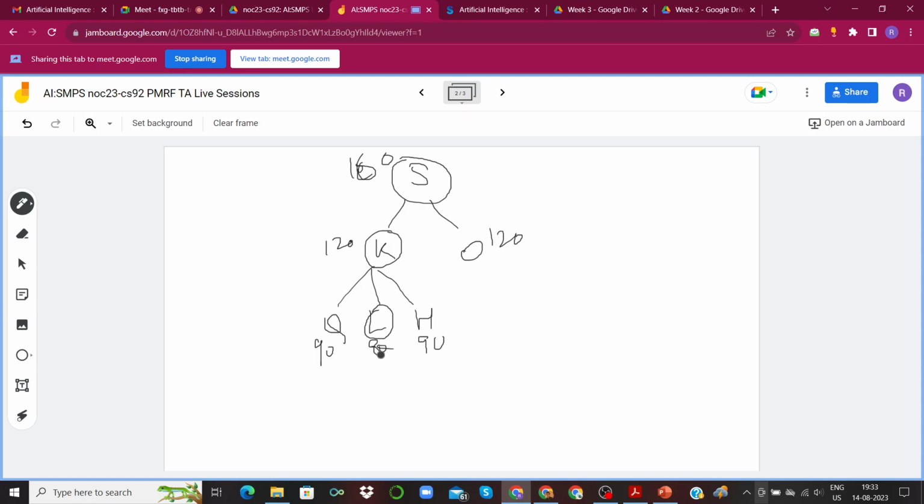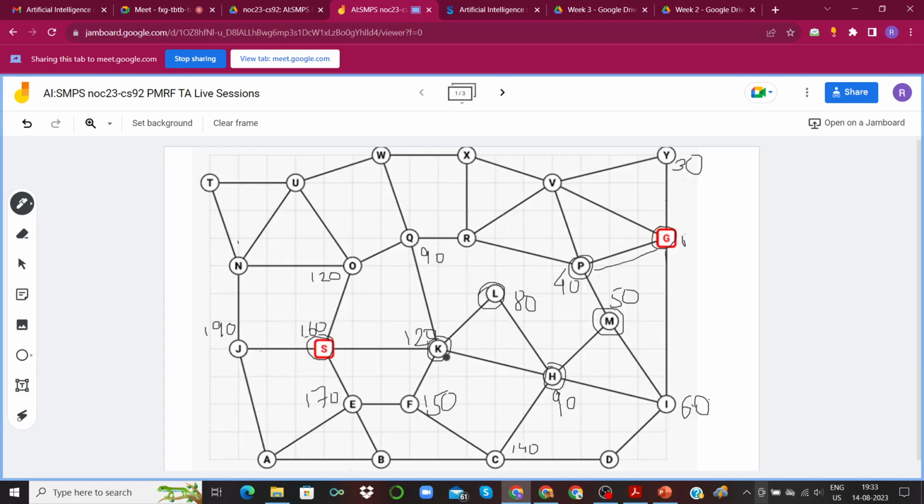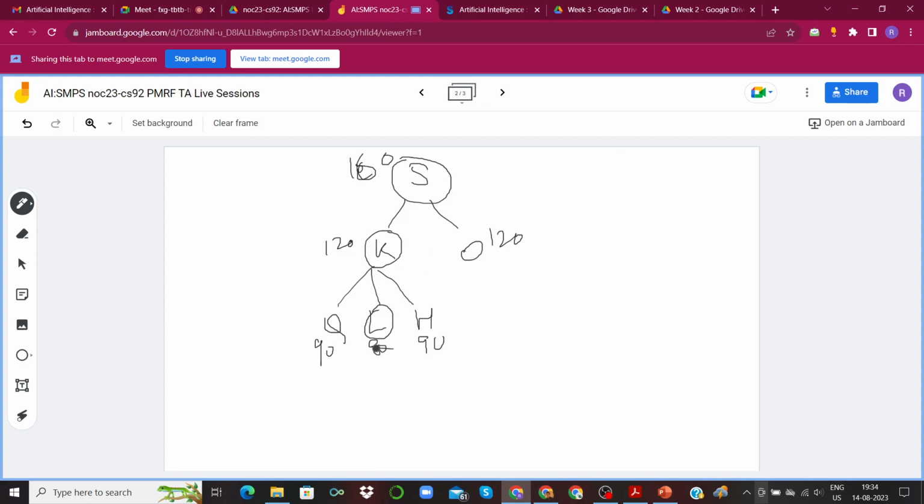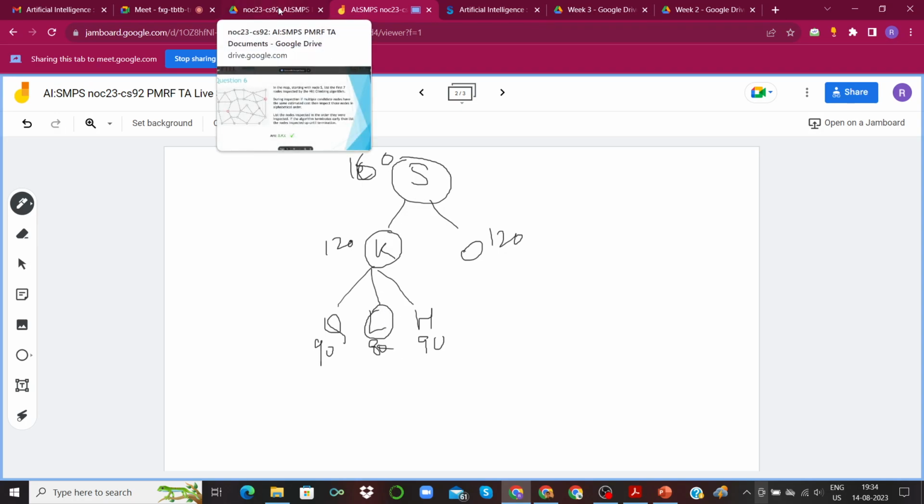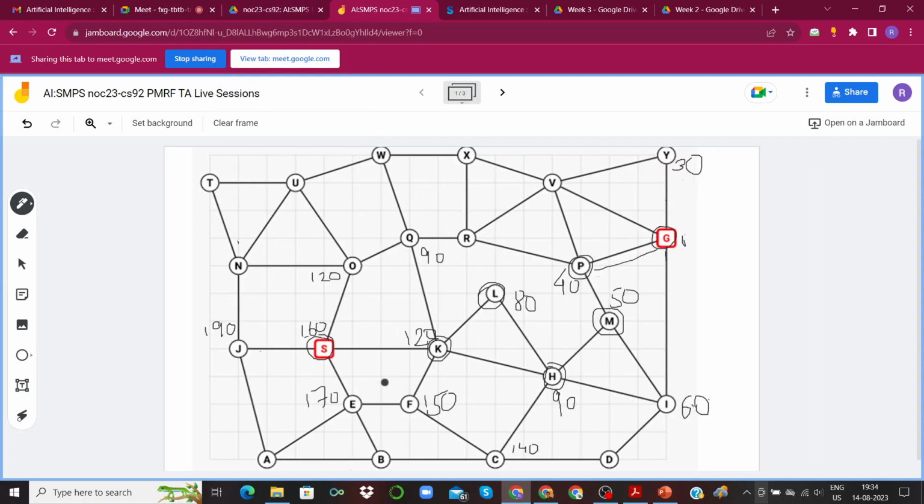So we inspect L. But now due to our restriction that from L we can only move ahead to places that have an exclusively lesser value than 80, we can only go to K and H, right? Those are the only two things connected to L, both of which have a higher heuristic value. So we can't draw this solution tree further. It will get stuck and terminate over here. That is why hill climbing is getting stuck at SKL, whereas for best first search, we went through SKL, then H, M, P, and then G.